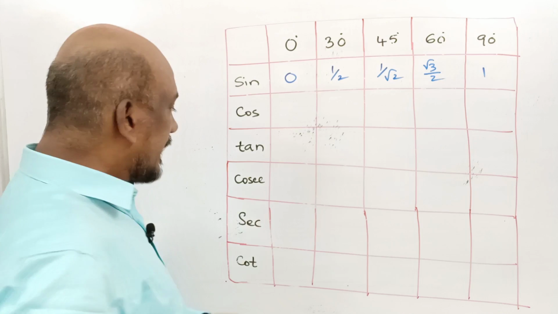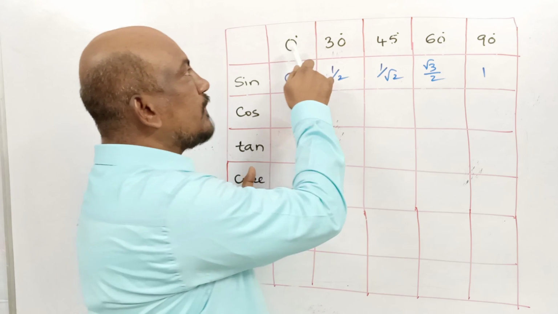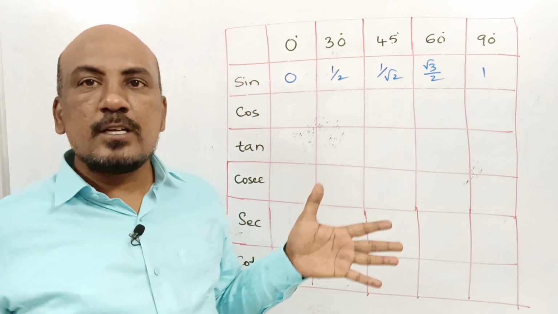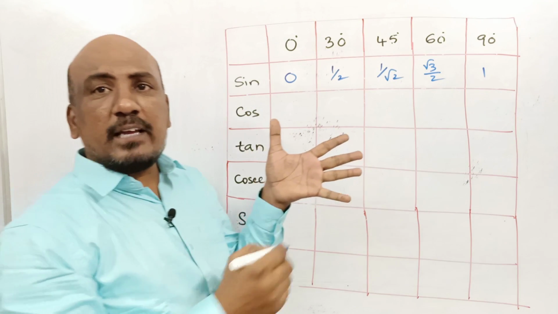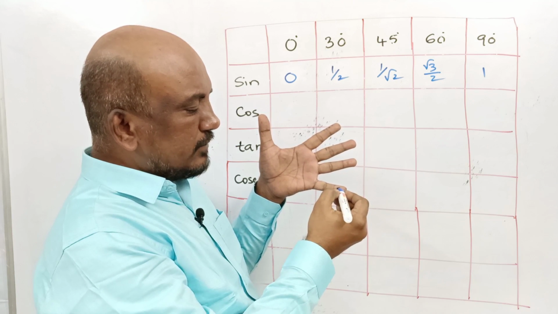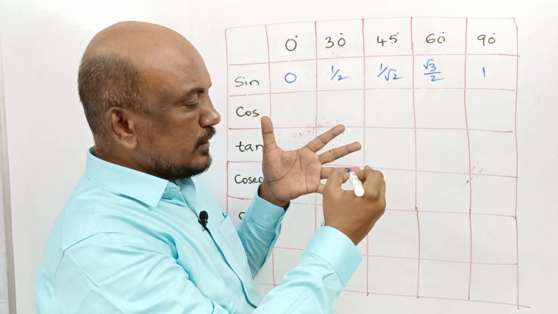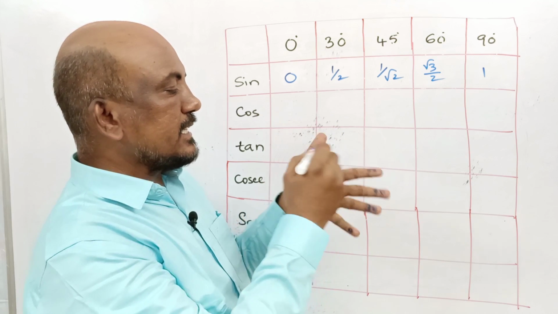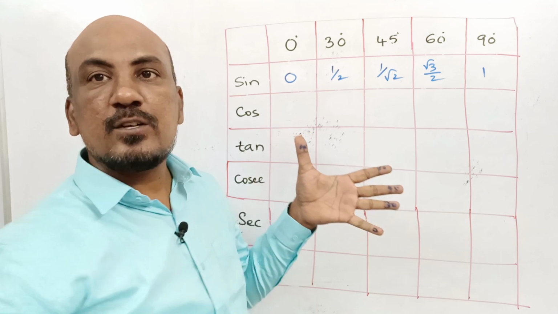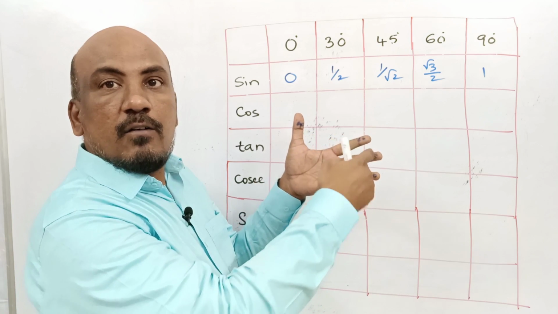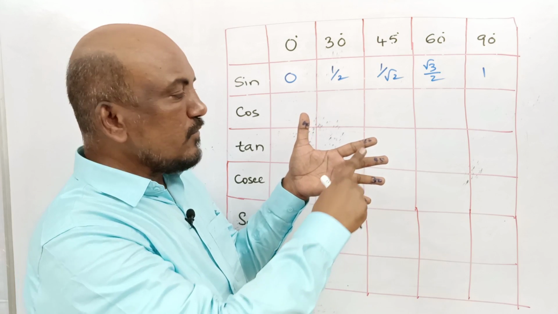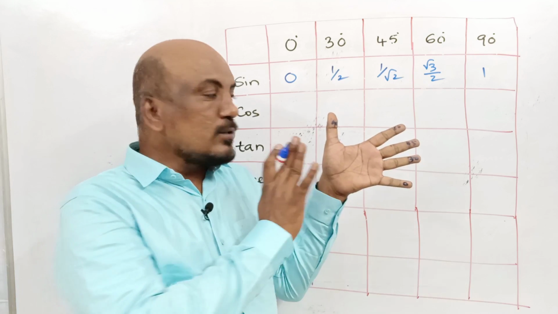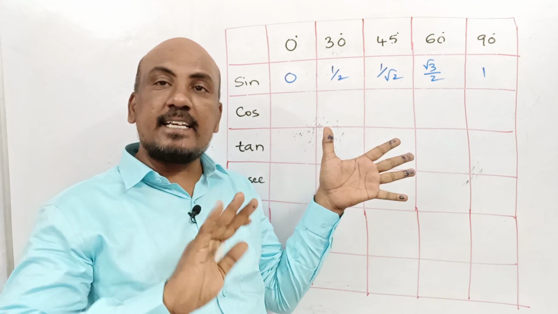It's a hand technique. Like we have 5 fingers on our hand, and here there are 5 specific angles. What are they? 0, 30, 45, 60, 90. So children, for these 5 fingers I will point out this as 0, this is going to be 30 degrees, this is 45 degrees, 60 degrees and this is going to be 90 degrees. So 5 fingers, 5 specific angles. Do remember this children. By using this hand technique you can find sine as well as cos.